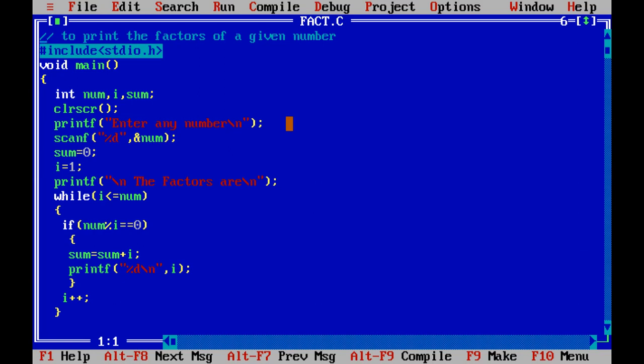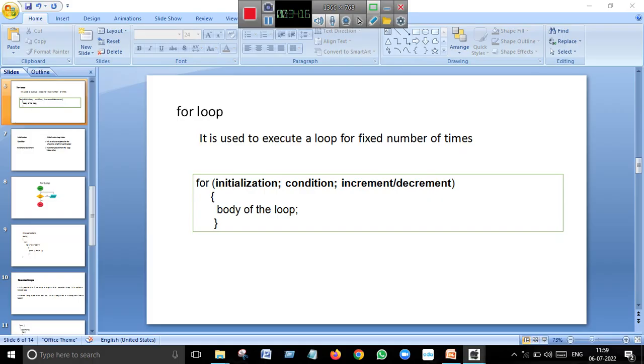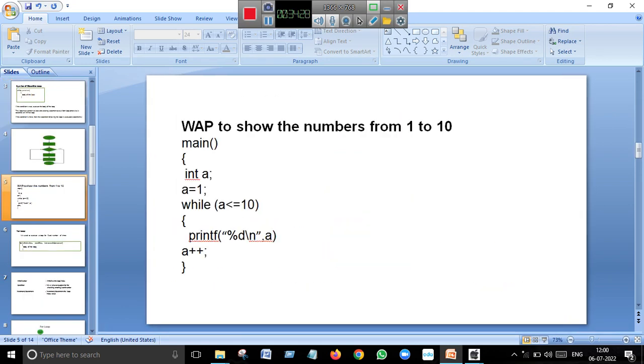You can make a number into reverse. You can print a multiplication table like that. You can do so many programs. So in this video we have seen the while loop, the syntax of the while loop, and some programs on the while loop. And in the next session, I am going to explain